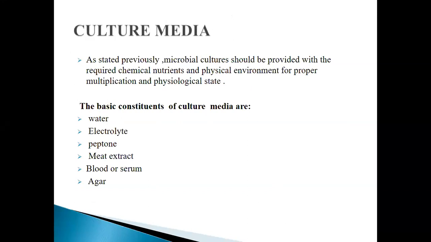I told you a basic culture media can be an agar. It contains electrolytes, some peptones. If you add peptone to water, it's called peptone water. Some meat extracts, blood agar, chocolate agar, serum agar. Whatever you add to agar, it becomes